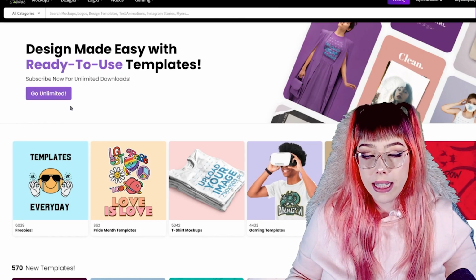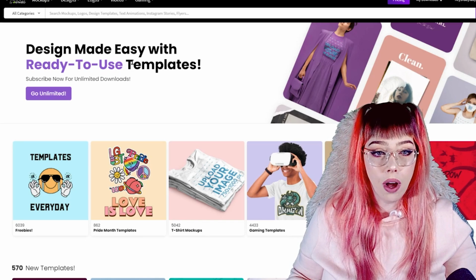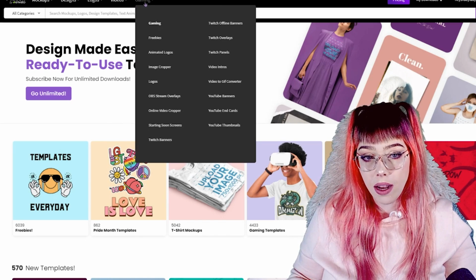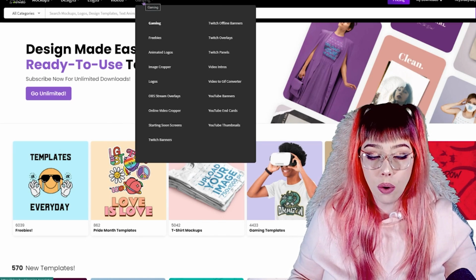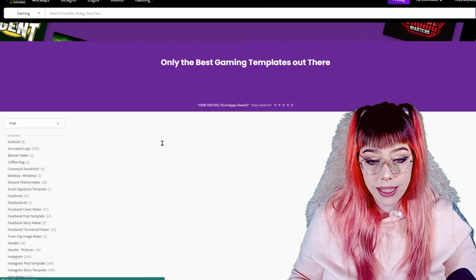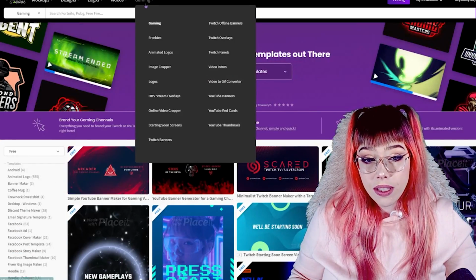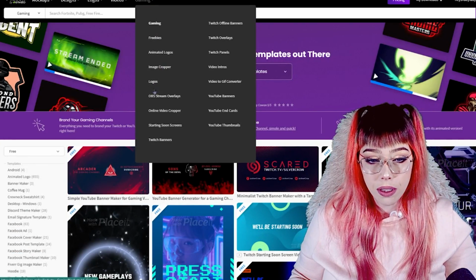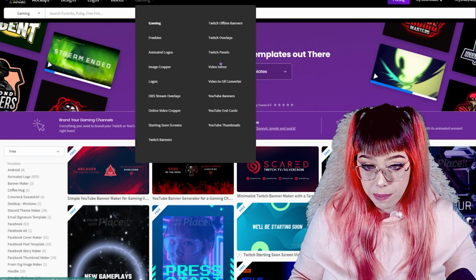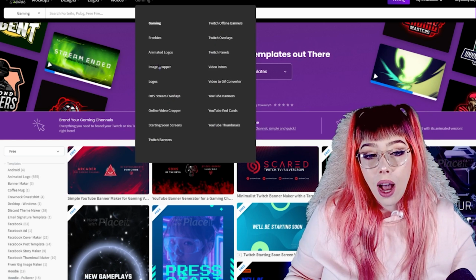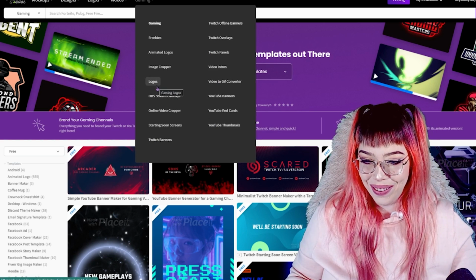Okay, so when you get to placeit.net, you're going to want to make an account so you can log in and everything, and in the top navigation bar you're going to want to go under gaming. Browse through the freebie section if you'd like to. They have all kinds of good stuff here. There are animated logos, logo design, stream overlays, starting soon screens, Twitch banners, offline banners, overlays, panels, all kinds of good stuff here, right? I want to show you guys how to make an alert though,